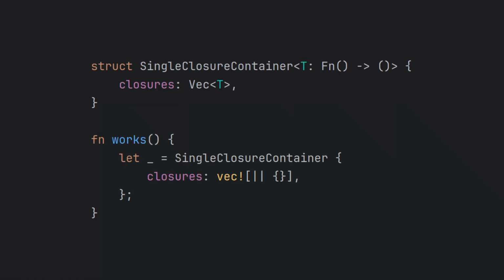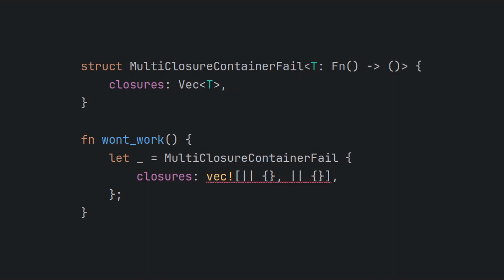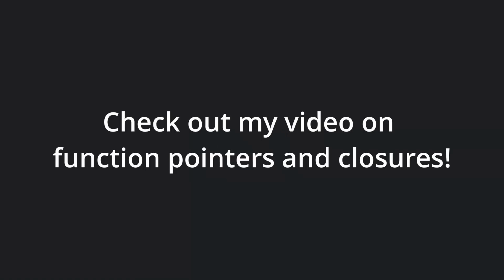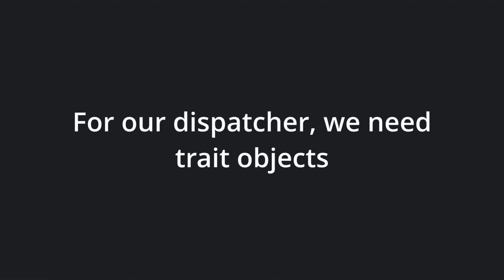In order to create a container to hold several callback closures, we're forced to use dynamic dispatch. If your container will only hold one closure, you can use generics, but as soon as you have more than one callback registered, this is no longer possible. This is because each callback we create has a new unique type, even though their call signature is the same. If you want to know more about how closures are implemented in Rust, go watch my video on function pointers and closures. However, for our dispatcher, where we wish to hold several different closures in our container, we need to